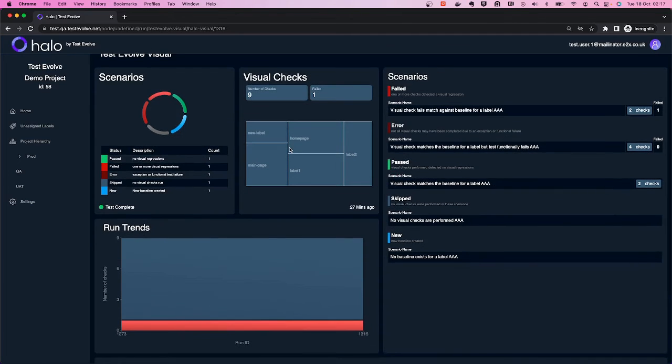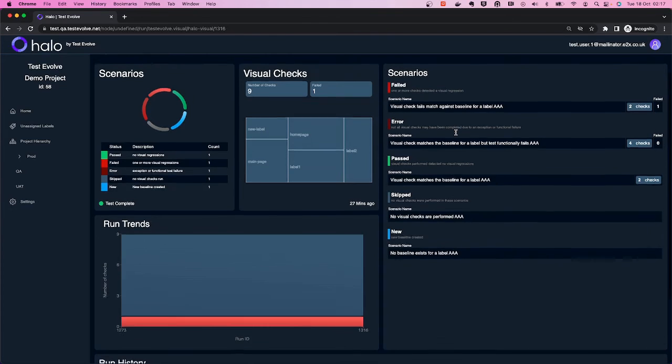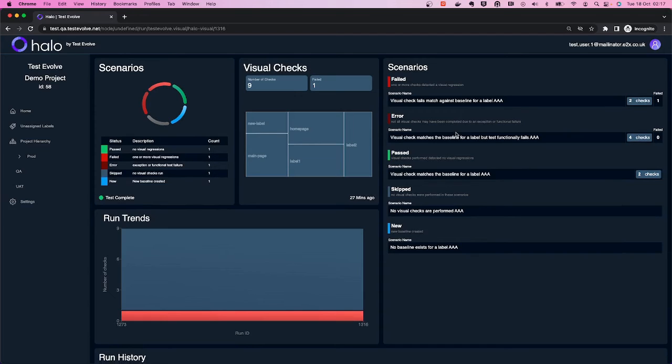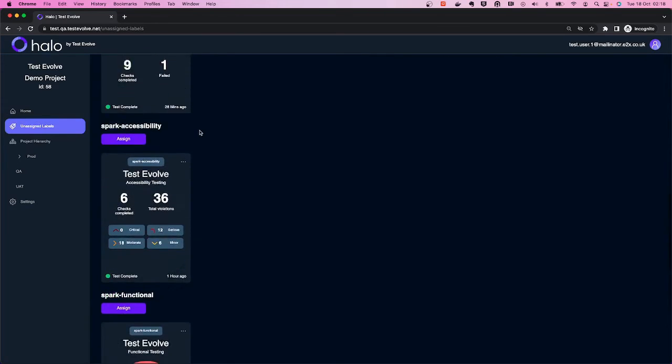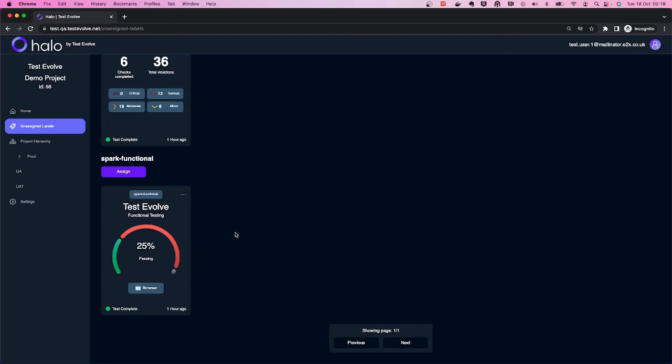So we see here specific to a visual test, the number of visual checks that were actually made, the number of visual checks that failed. We see a ratio or a spread of checks and the pages on which those checks were actually executed. And then we see information as we did for the other payloads on the right hand side, with specific scenario results, numbers of checks, failures against those checks, and the run history and the run trend table, as we now see on every payload. And finally, most commonly, the standard TestEvolve functional testing payload,